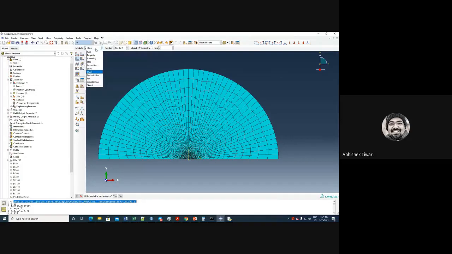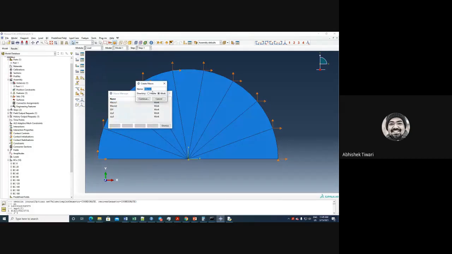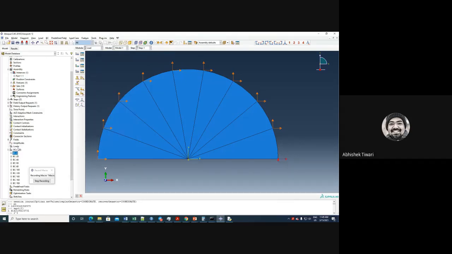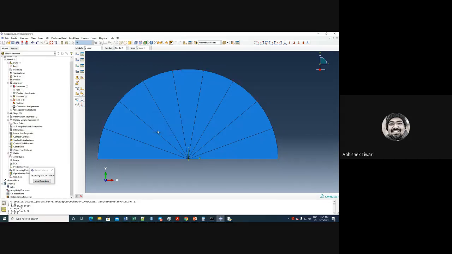So how can you do it? What you should do is you should record, and recording has started. So let us remove all the boundary conditions. Delete, yes. And now we want to apply the boundary condition on the nodes.